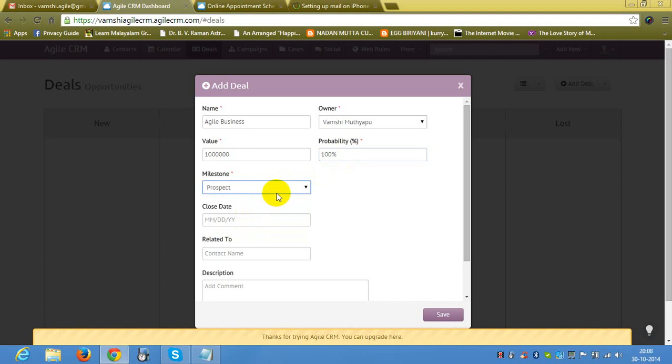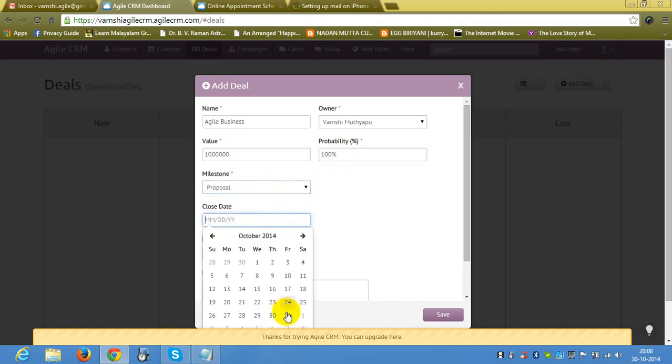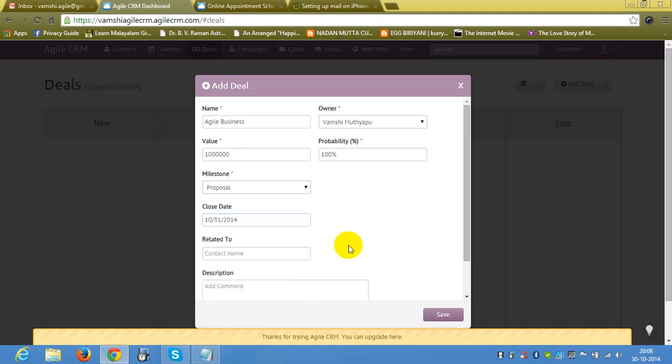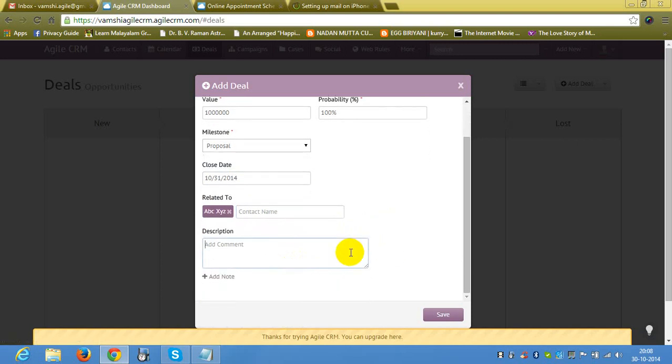I can always change it. For example, now it's prospect, and once it's won, we'll select it as won. As of now, I'll say proposal, and I'll select the date as tomorrow, 31st October, and I'll say ABC. We'll select this. The description will be probability of making the deal, considered the agile,